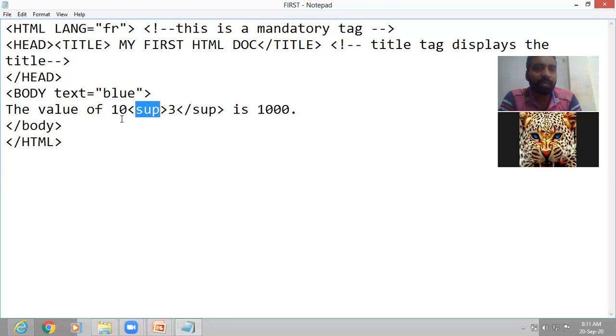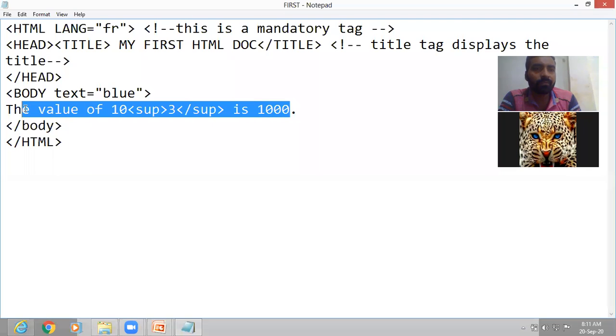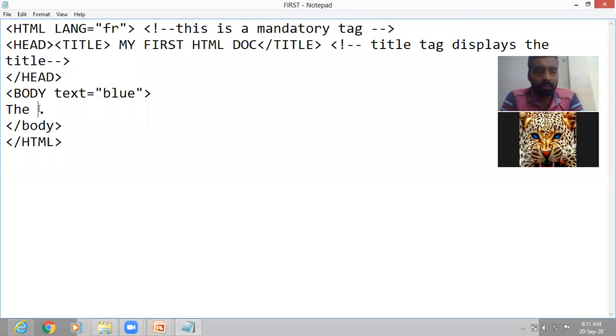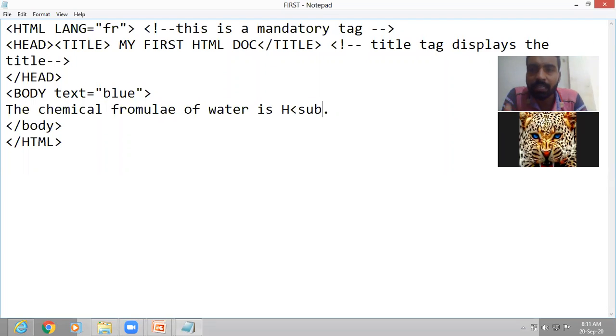For that, let us write the chemical formula of water is H, then write SUB, subscript, because we have to show the text slightly below the line.